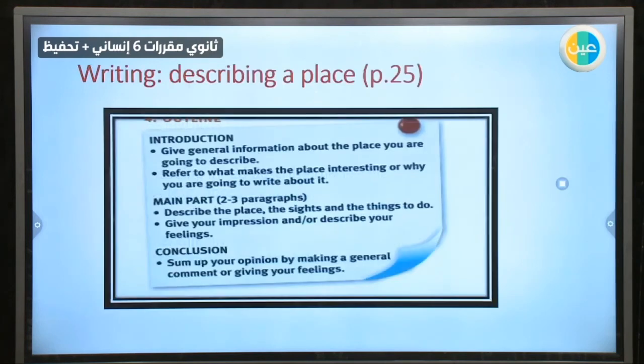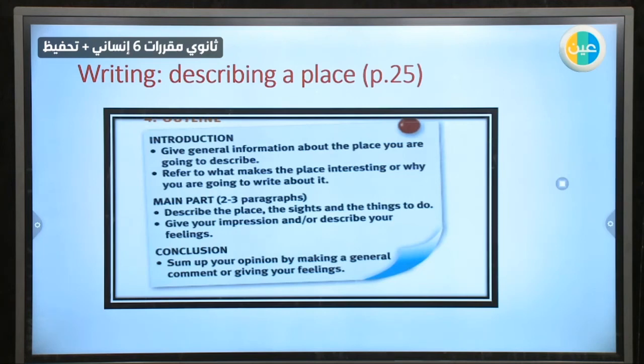Finally, we will end up with the writing section, and it was about describing a place. You will find it on page 25. Remember, in the exam, you will be asked to write two topics or two writing tasks. One will be guided, 7 marks, and the other is free, 5 marks. Okay, so number one,